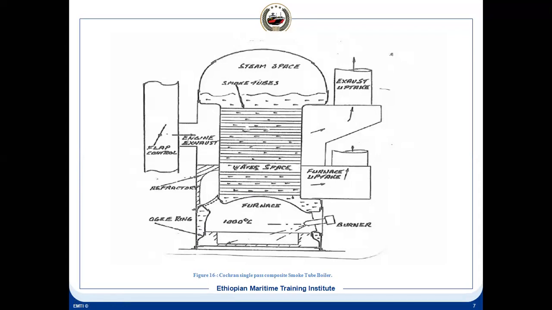So if the circulation is not very good, there is a chance of the plate overheating, of the location overheating and getting deformed. We will come to the construction of the OG ring later, and also regarding the domed furnace. Why is it made of a single seamless plate? We will come to that.